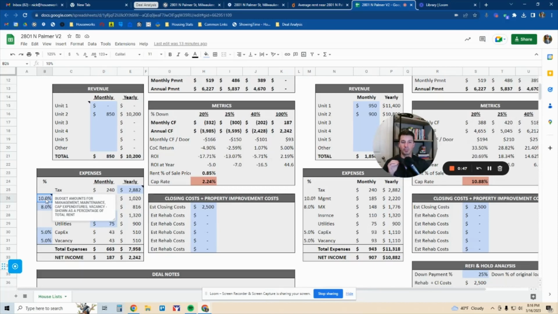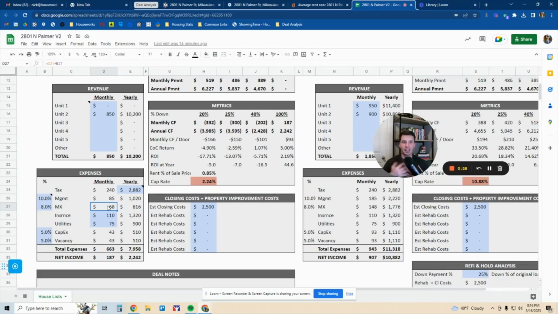So I always bake in a management expense about 10%. Here in Milwaukee, you're going to see anywhere from 8% to 12%. Then we have maintenance, capital expenditures, and vacancy. Now, these three expenses aren't expenses that you're paying out of pocket every month. They're just budgeted expenses. So you now have $68 a month going towards maintenance items, which are going to be